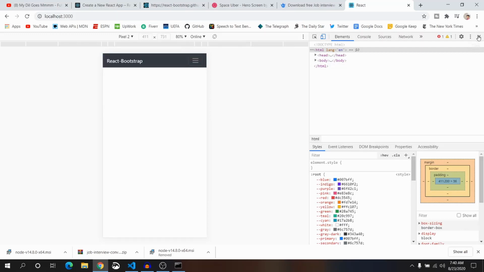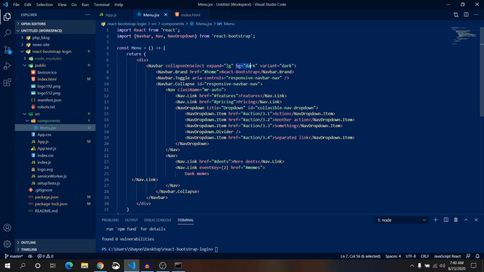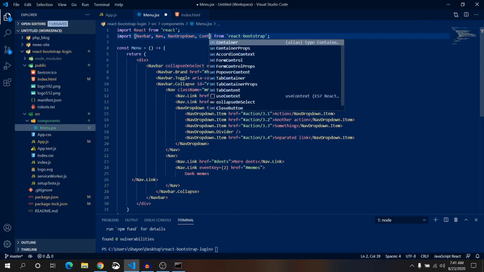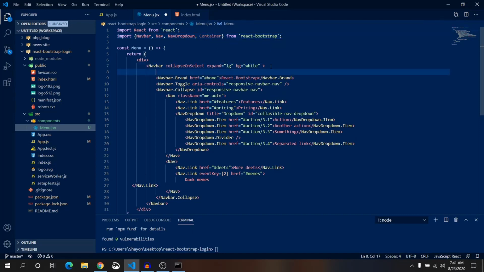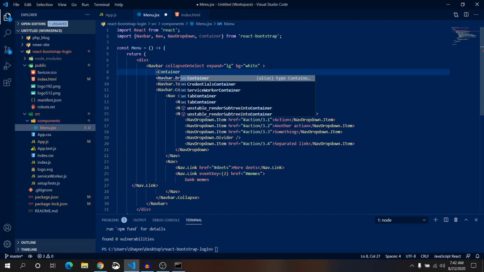But we don't want any background color black, white. Make it white. Remove this variant. It will be a black color, but I want to wrap everything, every text element inside a container. So just include a Container and Container.